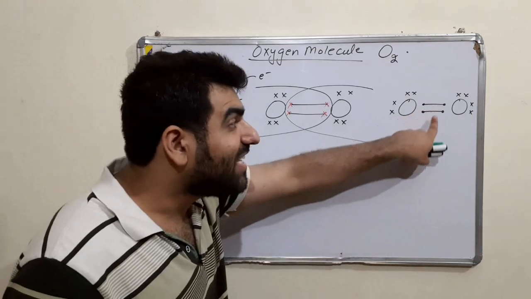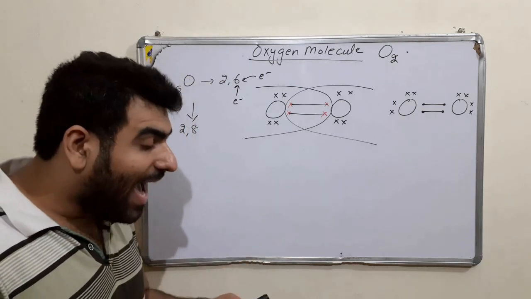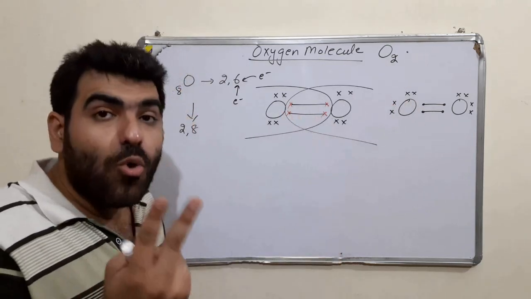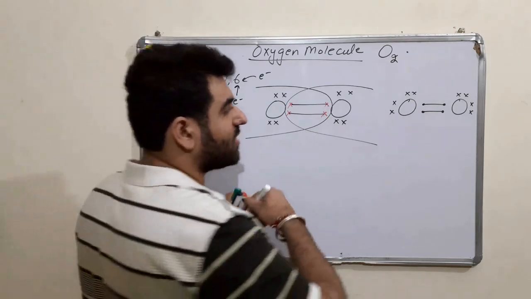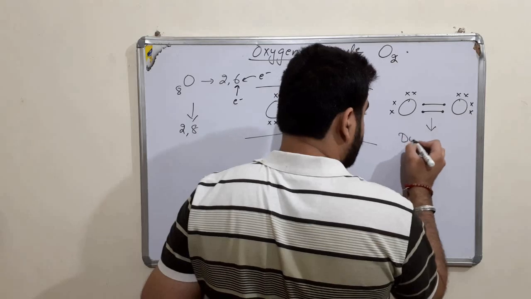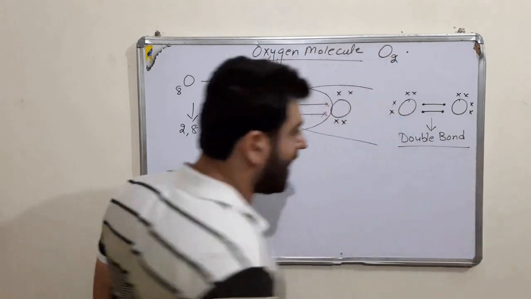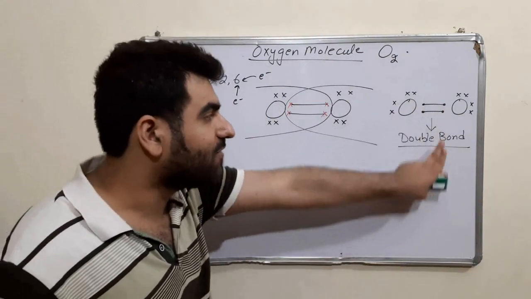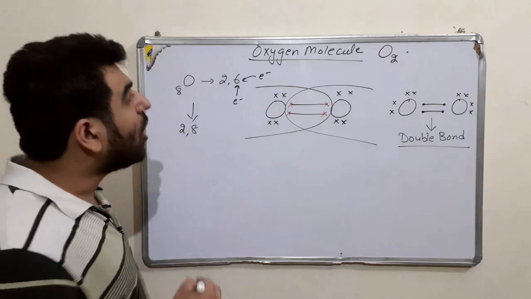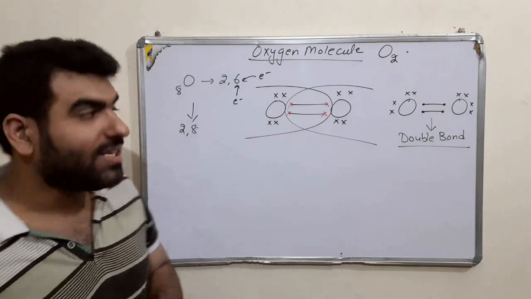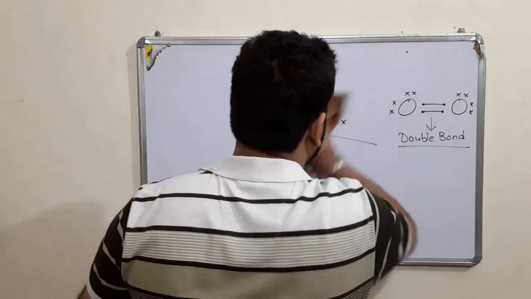And you can see there is the formation of 2 bonds, 2 covalent bonds. And here 2 pairs of electrons are being shared, 4 electrons. So this bond is known as the double bond. So here we have seen the formation of a double bond in the oxygen molecule. Now, in the next example, we'll see the next type of bond formation, and that is for nitrogen.